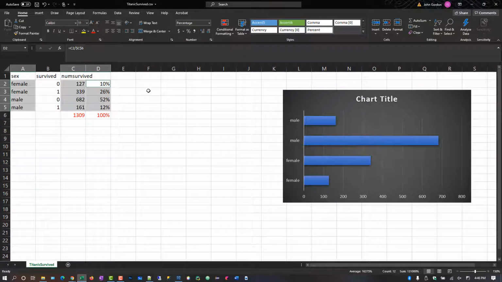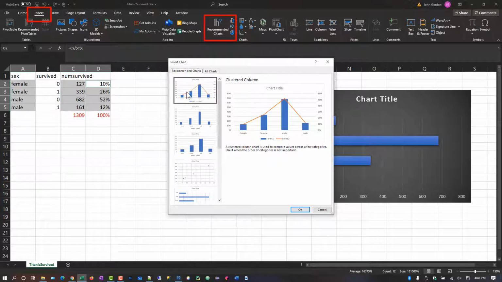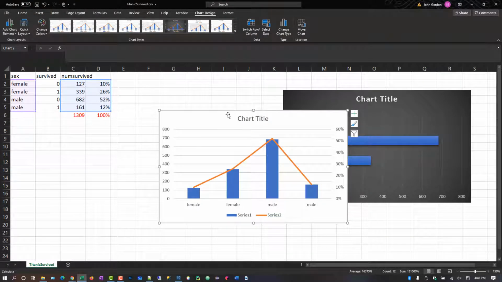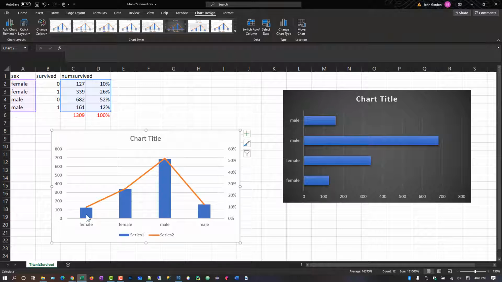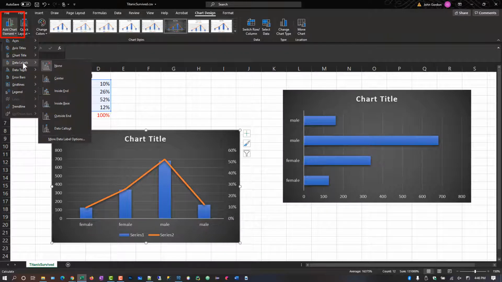So now I'm going to graph 3 of the columns, and I'm going to come over to recommended again. Now you'll see there's a little bit of a difference. This new chart has basically the same bars in this case, but the line is showing us our percentages. And again, you can play with the formatting. And then a little trick here in the top left, add chart element, if we go to labels, and I'll put that